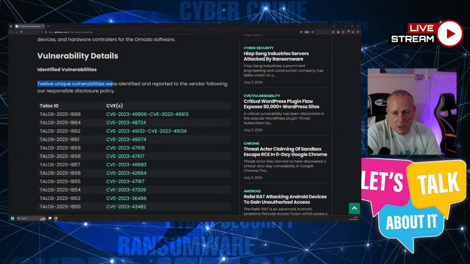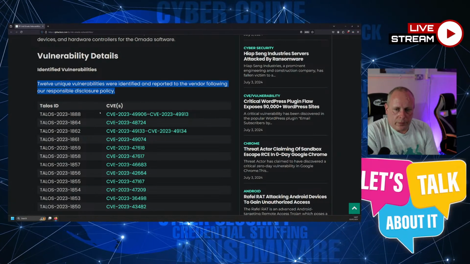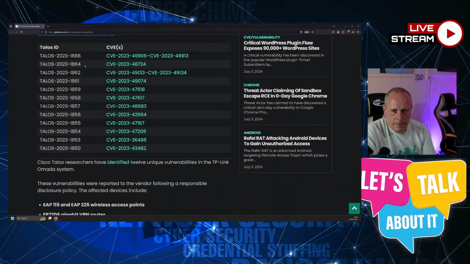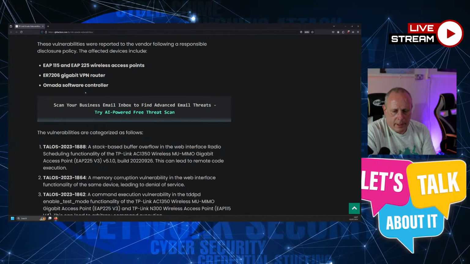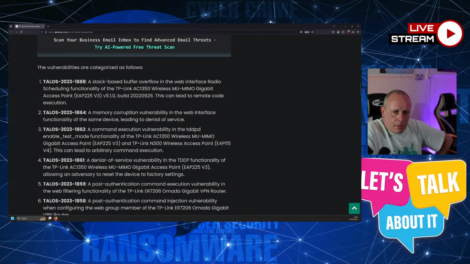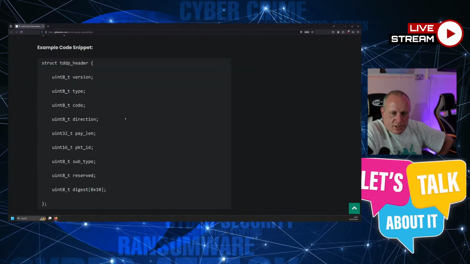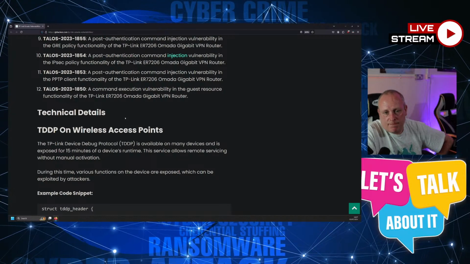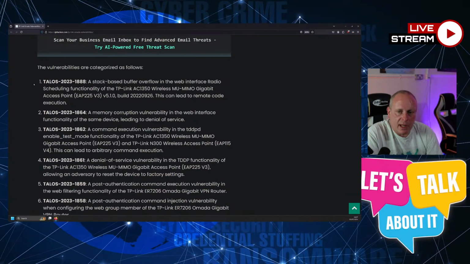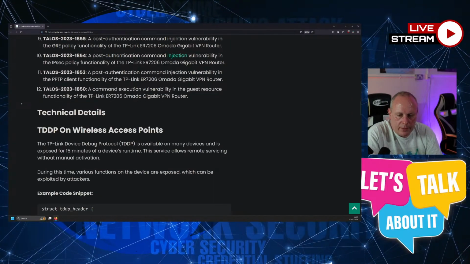12 unique vulnerabilities were discovered and reported to the vendor following our responsible disclosure policy. So we can see there's a lot there. So if you're running any Omada-based stuff, you're going to want to update it to the latest versions, because obviously if you're just running Wi-Fi switches or access points that anybody can access, say a coffee shop for example, this could give you an issue.